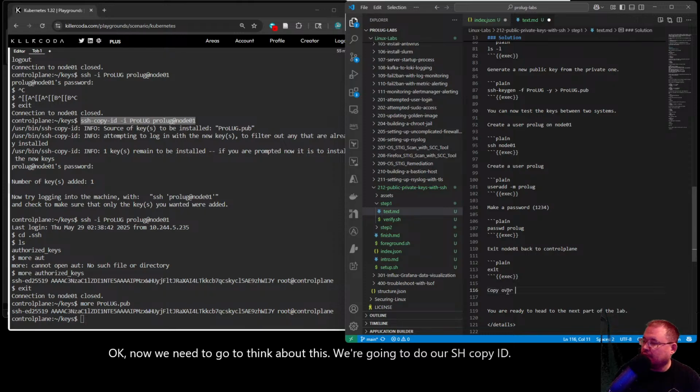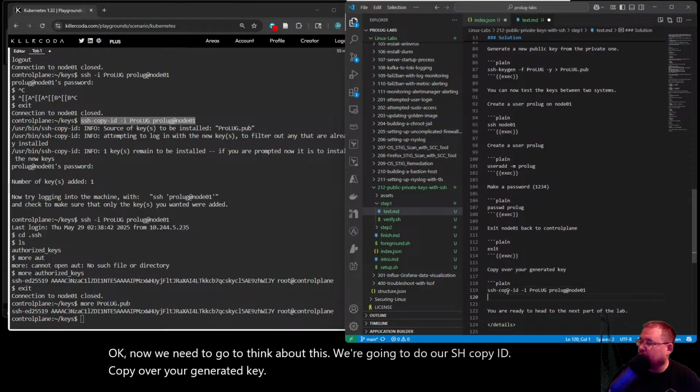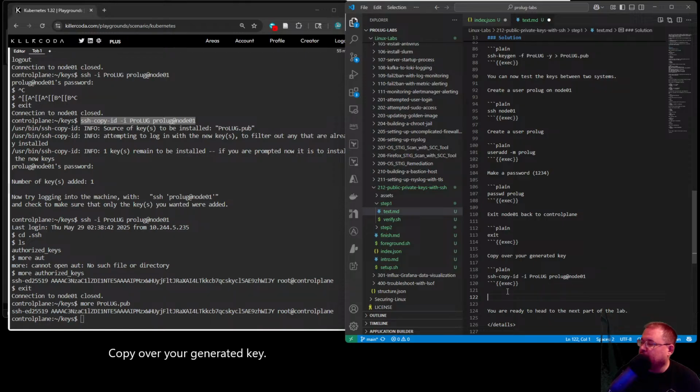Copy over your generated key. Okay. Then enter the password you used earlier for prolog.